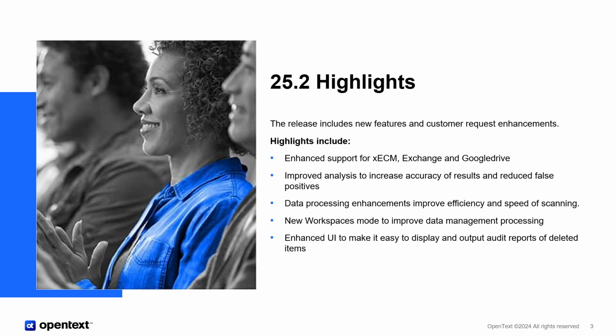We've improved the analysis to increase the accuracy of the results, and reduce the number of false positives. So that's in some extra options about what you can do with the grammars. Some data process enhancements to improve the efficiency and speed of scanning. So again, these are more the options about how you can then adjust some of the values to improve that